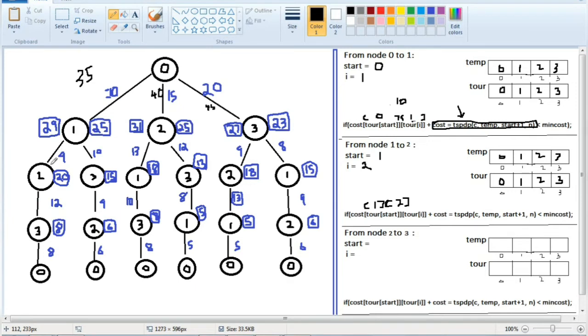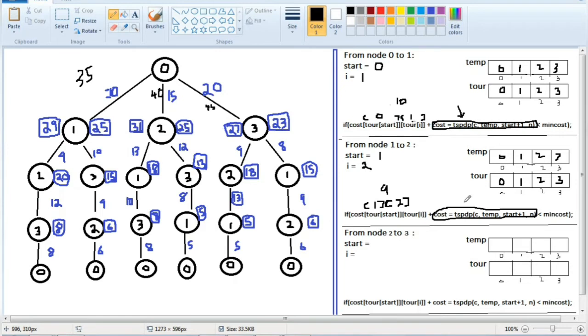See, now i is 2, so we are calling this node. Okay, we had come from here, then we are coming here. Like that, we'll go till the end. Then after this gets over, we'll go for this one. Okay, when both of these get over, then we'll go for this one. Like that, we are proceeding in this program. Okay, so now we are here. We are calculating 9 plus. This is the answer, which is 9. So the cost of this is 9 from 1 to 2, plus this value. What does this value return? This value will return me the cost till this point, meaning all of this cost. Okay, when we call this function recursively, we'll get this cost.